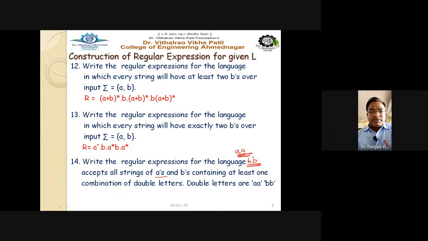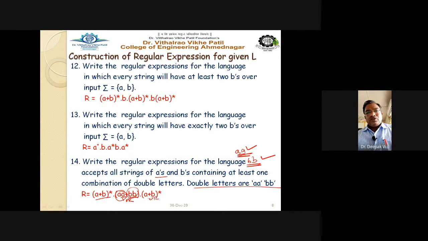Both may or may not be there, but at least double A or double B must be there. So double letters are AA, BB. See here, (A plus B) raised to star, dot, (AA plus BB), which means either double A is there or double B is there, dot